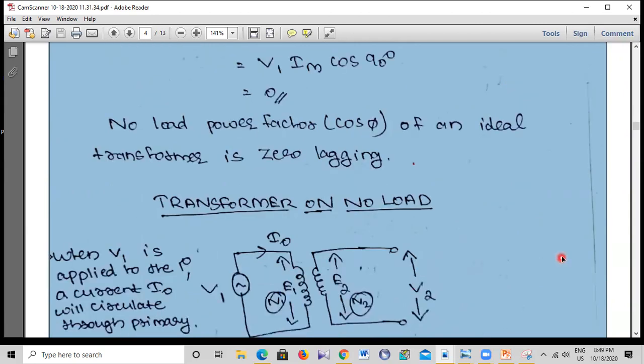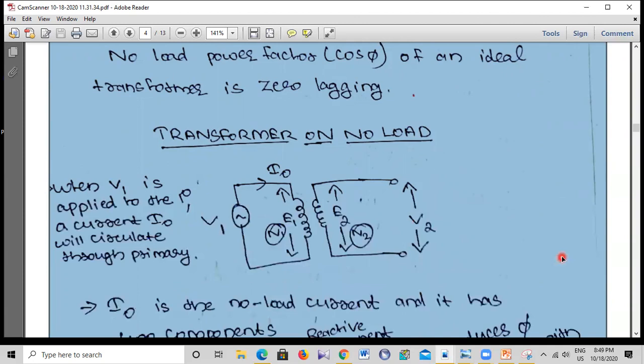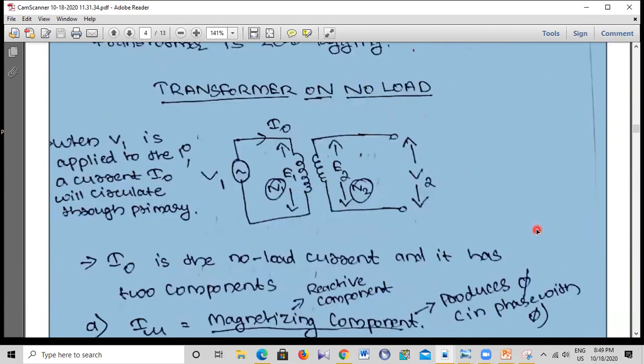Now we will consider the next case. Next case is when the transformer is on no load. There is a no load condition. What happens? Because there is a different current involved there that we need to see. Till now we have seen only the ideal condition, but what happens? What is the extra bit of current that is formed? Because there is a no load current I0 forming.